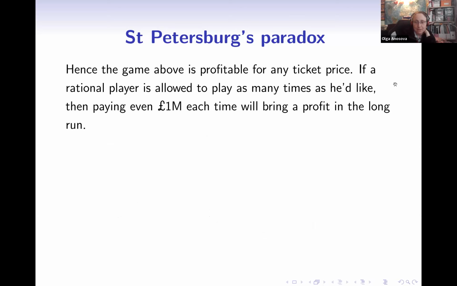Because that means that a fully rational player will be willing to pay even 1 million because their expectation to win is infinite. But that's surprising, isn't it? Why? Well, let's have a look. Because again, another attempt is to mix up the expected win with the probability of doing so. So let's try to compute the probability of winning this million.